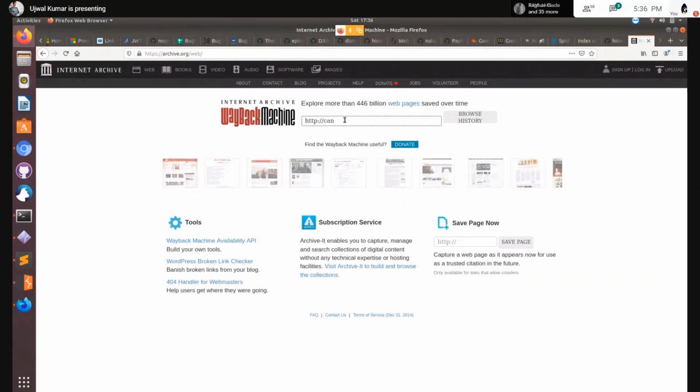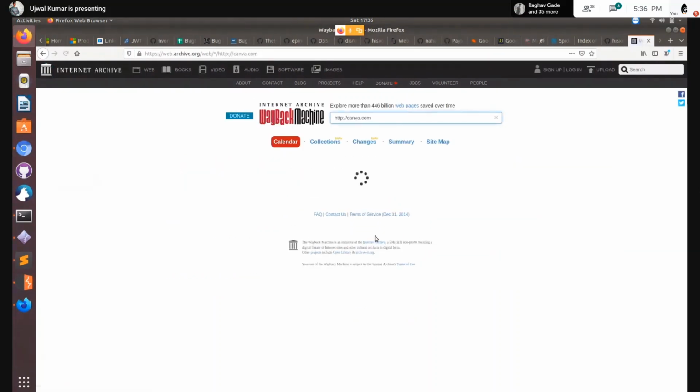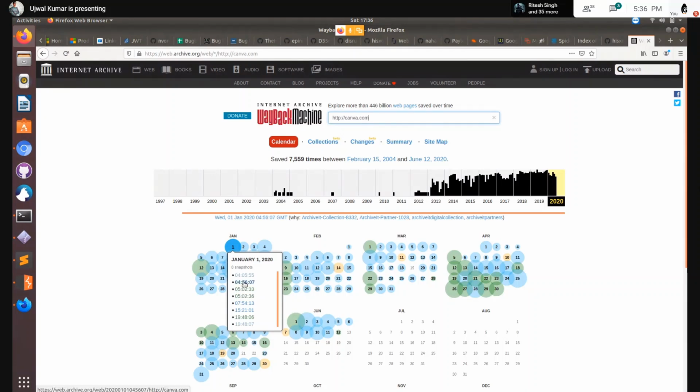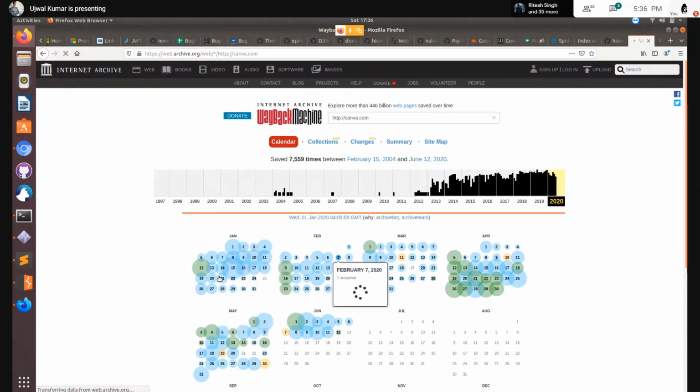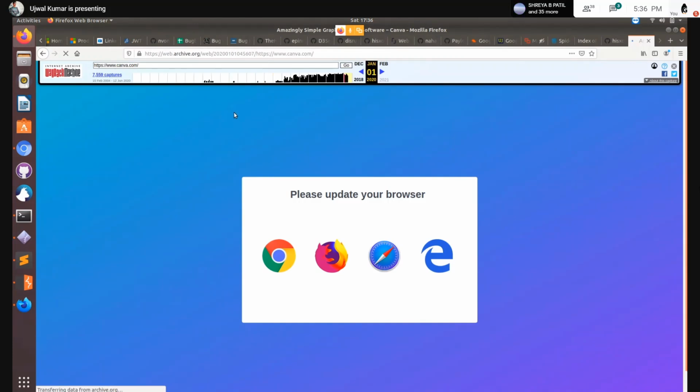Say a photo editing website. This is pretty open, nothing illegal in checking this out. Say you want to see a version from January 1, 2020 at this particular time. It shows you the snapshot of that version. So once something is on the internet, it's very true that it cannot be taken down. Wayback is very important.